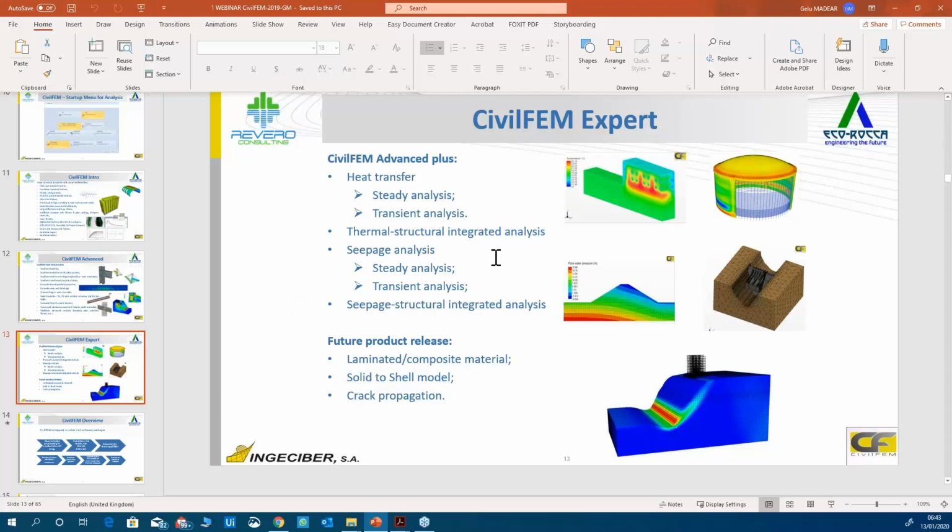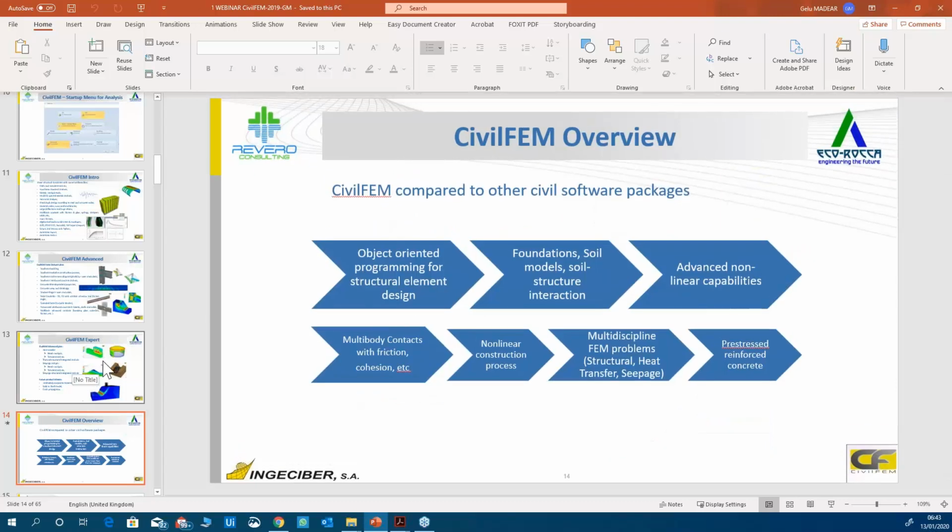We can do seepage analysis, steady state or transient for dams, for example, or other water retaining structures. Or we can do a seepage structural integrated analysis. Future capabilities of the software would include laminated and composite materials, solid-to-shell modeling, and crack propagation.